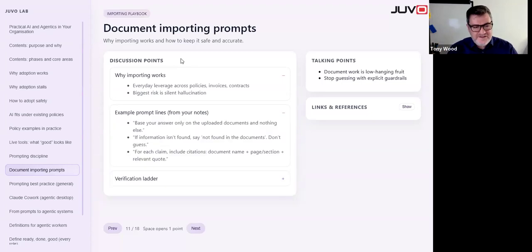And we need to actually help it go, no, no, no. Don't use what you know from someone else. Only use the information that's based on the files that I have uploaded, nothing else. And if the information isn't found, say, hey, I don't know, because it really wants to help us. It really wants to, because it knows and it will learn.